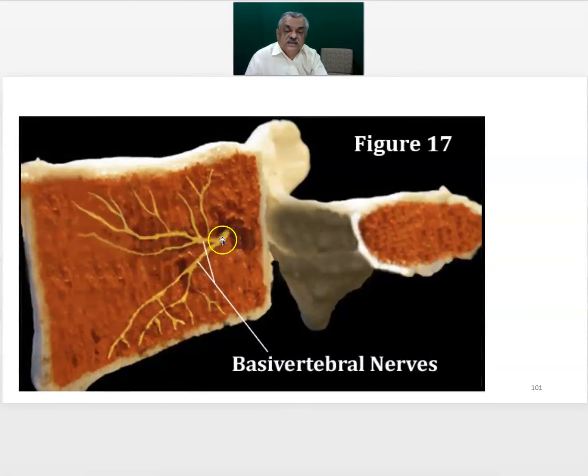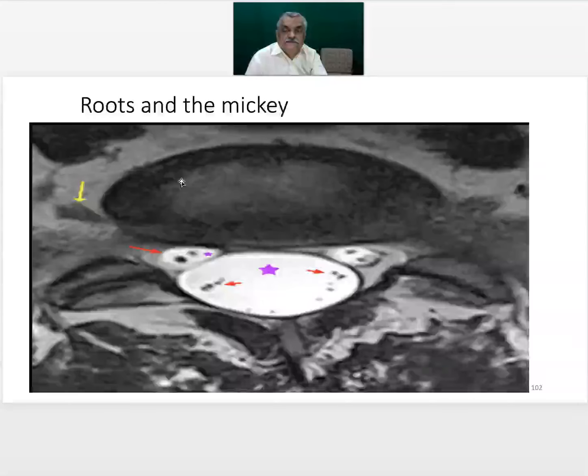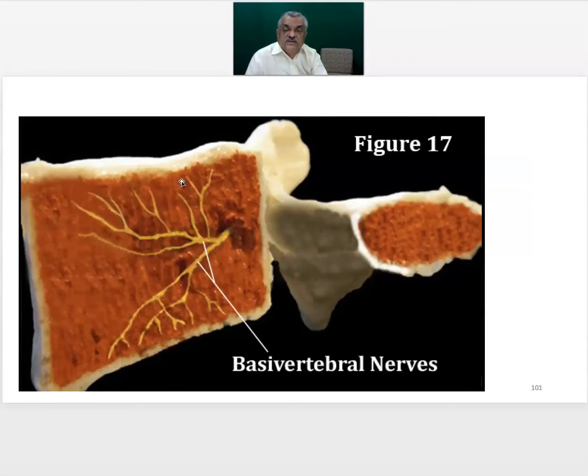Now this is a basivertebral nerve. This also has an associated artery here, the nutrient artery, which gives supply to the disc and the subchondral area. Now we have to remember one more important point, that the disc is avascular, so it is never affected by tubercular infection, which is a hematogenous infection, but it always starts in the subchondral area of the